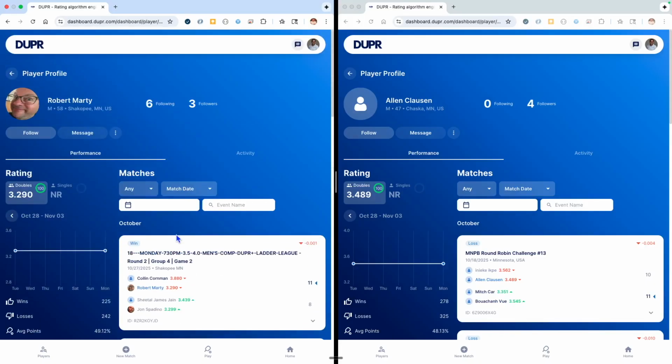The most recent game Robert has is from 10/27, and today is Monday, November 3rd, right? Alan did not play last week in the same league, but the last games he has are from 10/18. Important to take note: Robert has the last game from 10/27, Alan has the last games from 10/18, and today is November 3rd. Here is how